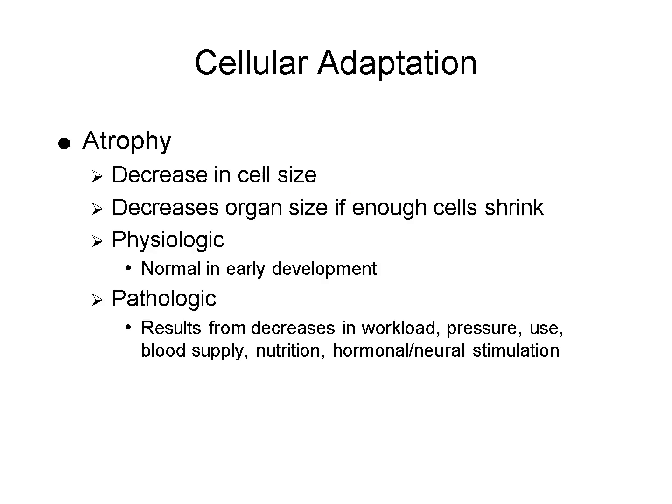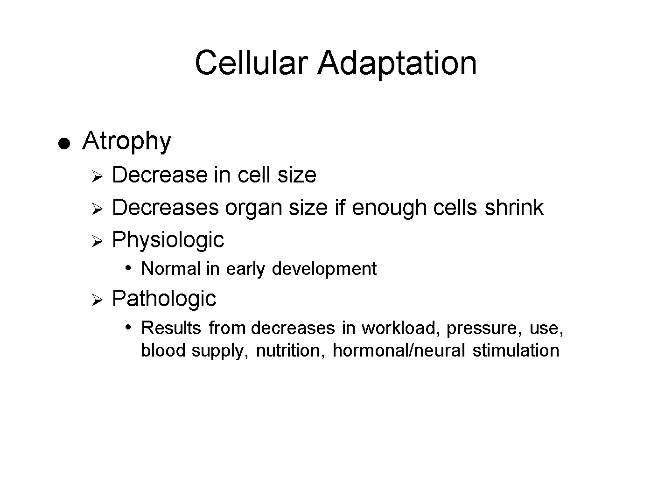Atrophy refers to a decrease in cell size, which can lead to a reduction in the size of an organ if enough cells are affected. It can be physiologic, occurring naturally during early development as certain structures diminish. It can also be pathologic, resulting from decreased workload, reduced pressure, limited use, compromised blood supply, poor nutrition, or loss of hormonal or neural stimulation. Regardless of the cause, atrophy is a survival mechanism that allows cells to adapt to a less favorable environment by